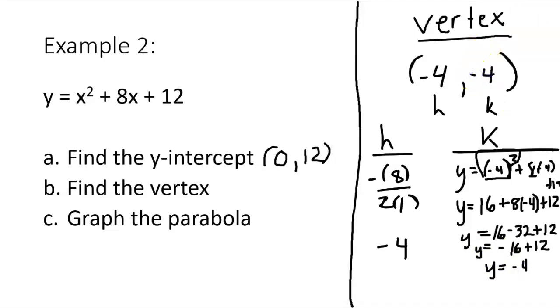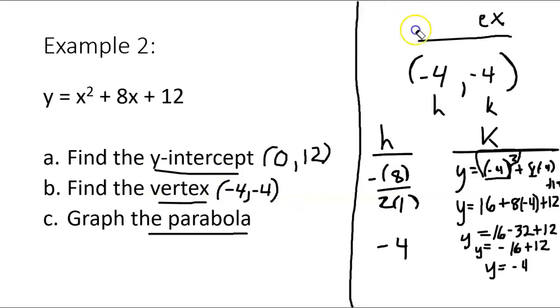And there's my vertex. So that one took a little bit longer, but the steps are to find the h, do negative b over 2a. To find the k, take your answer for h, plug it into the equation, and solve for y. Make sure you're careful with following your order of operations when you do that. And there's our vertex. So now I've got my y-intercept, I've got my vertex, and technically now we have enough information to graph this,